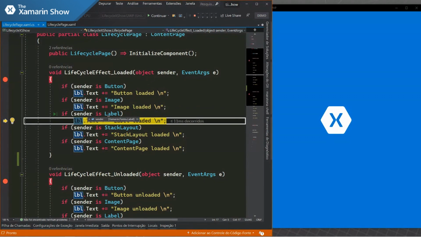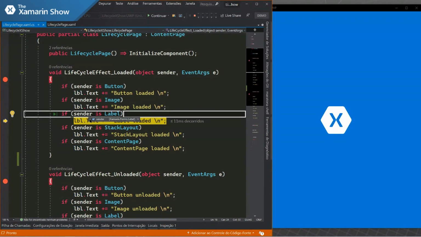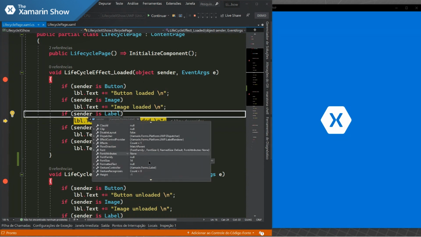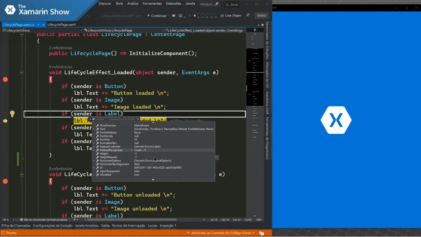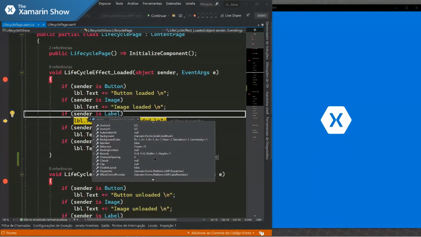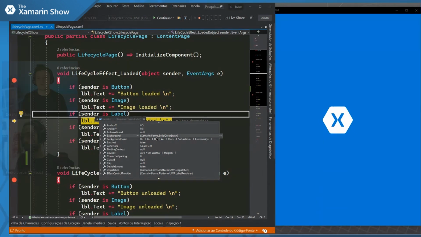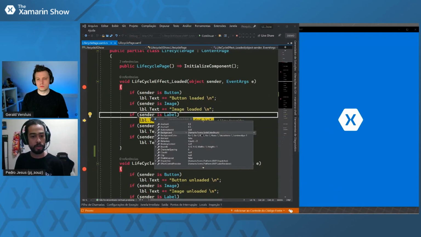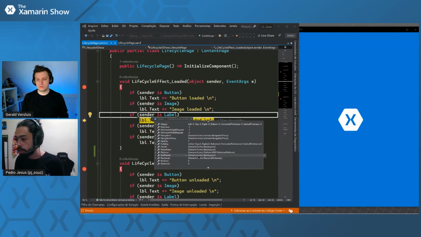So I have here that the label is the first control that is loaded. On my sender, there is a label. I can see the text, the properties, and stuff like that. But look, something interesting. Here, the label handler, the label control, isn't initialized yet by the Xamarin Forms layer. That means if you try to find the measurement of this control, like the width, the height,